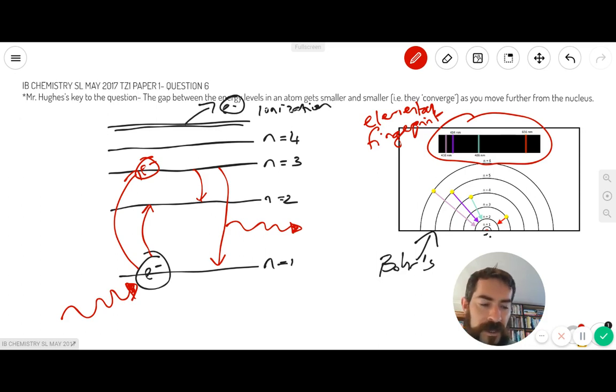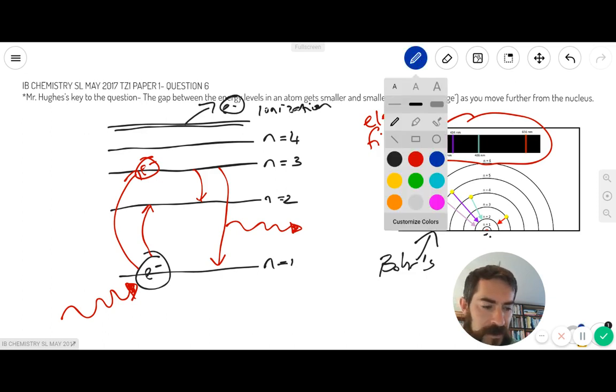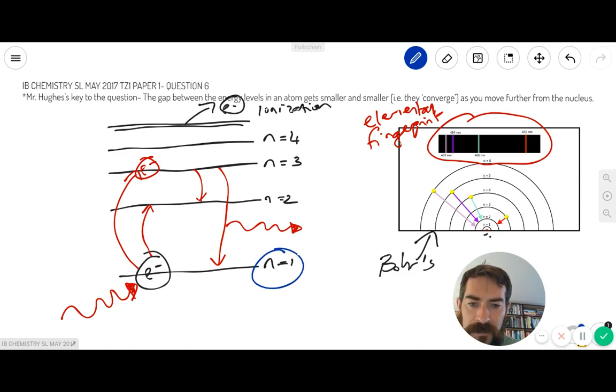Back to this question, you have a choice of a couple of different transitions here. Now there's one option in this question which you can discount straight away, and it's answer B, because B is talking about an absorption. For answer B, they're talking about jumping from n equals 1 up to n equals 2. So that would be absorption of energy, and therefore we can straight away discount answer B. Now the other answers are all emissions. You can see that you're going from a higher energy level down to a lower energy level in all the other cases. And so we need to just figure out which one is going to release